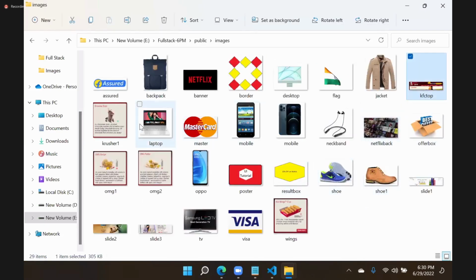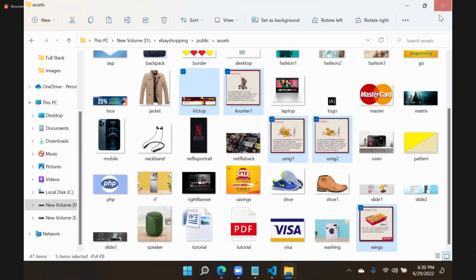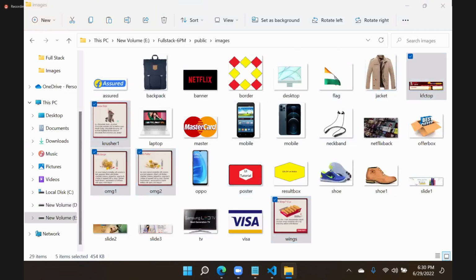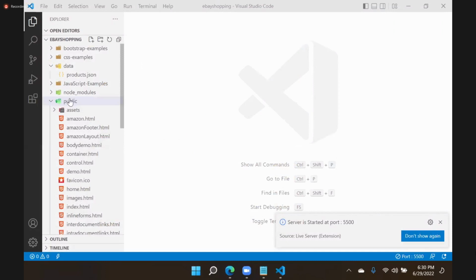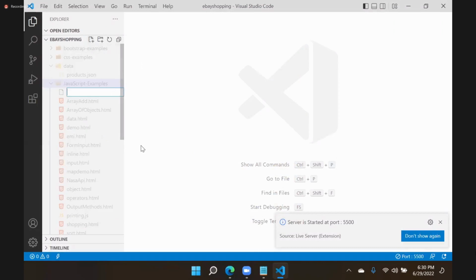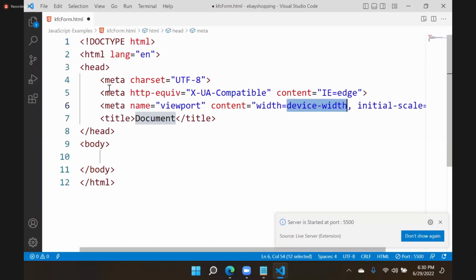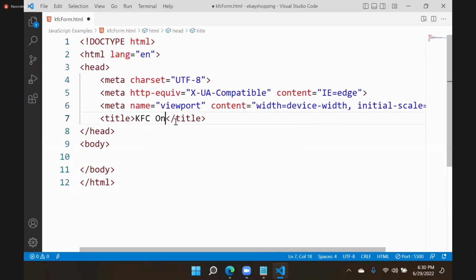Yeah, let's copy these images and paste them here. Now I am designing a simple example. Let's add a new file here in JavaScript examples, suppose like a KFC form. I am designing here with all here KFC online. Okay, so here I will